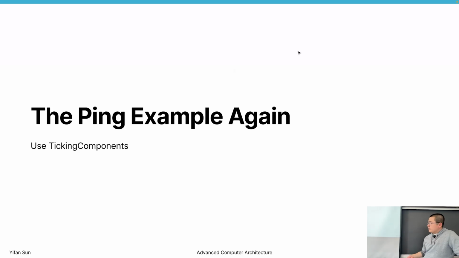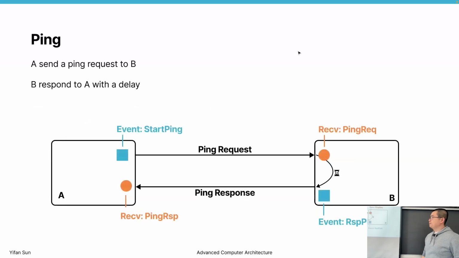Okay, the first one is the ping example again. So it's basically the same ping example, but we're trying to implement it in another way. So remember, this is the same slide as before. Then when there's a start ping event, we send a request to ping to the receive side. The receiver side receives this message, schedules an event by adding a delay, and sends the request back as a ping response. Now we have seen the problems of this process, so we try to use ticking components to re-implement